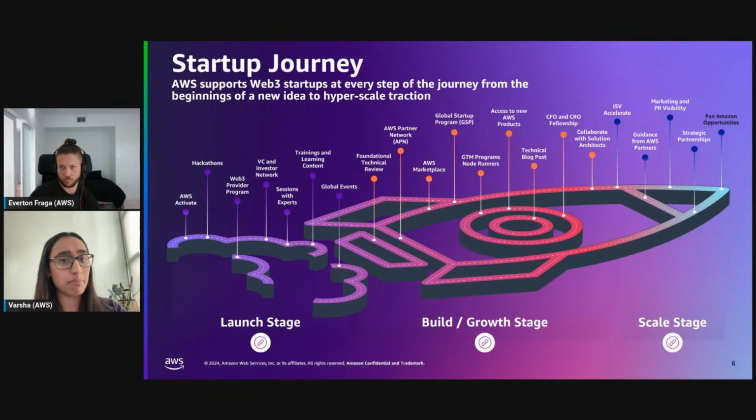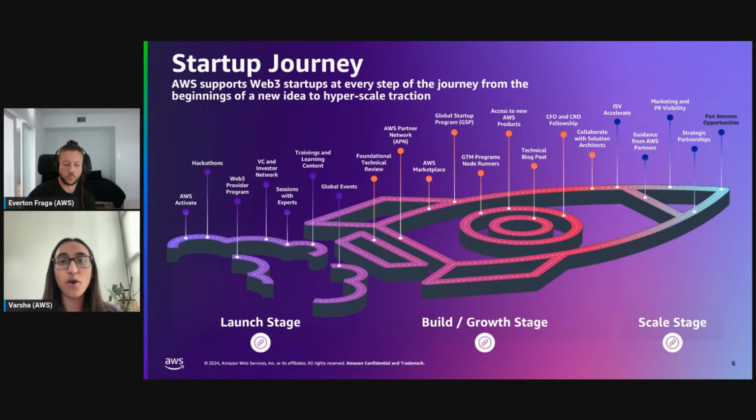One of the programs that I wanted to shine a light on is our AWS Activate, which you can see at the very first pin, that rocket. Activate is our flagship startups program here at AWS, and we offer a wide variety of programs through Activate to dedicate support for startups to cater to their unique needs, no matter what stage you're in.